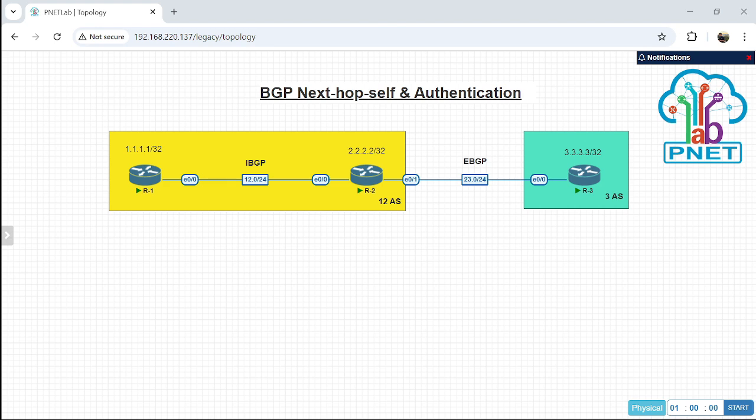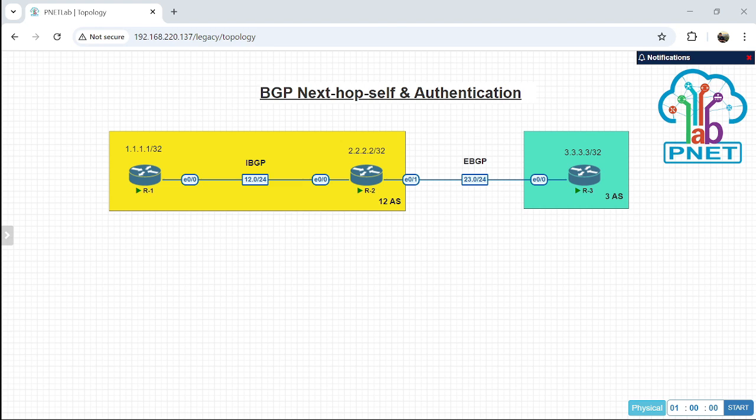In general, the next hop information on a BGP route indicates the IP address of the nearby router that will be used to forward data packets to the intended destination.